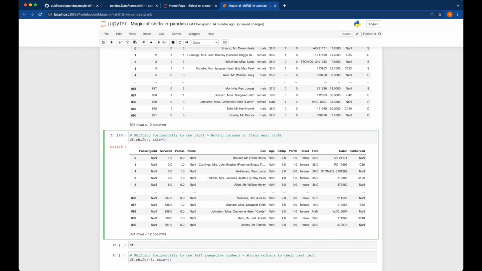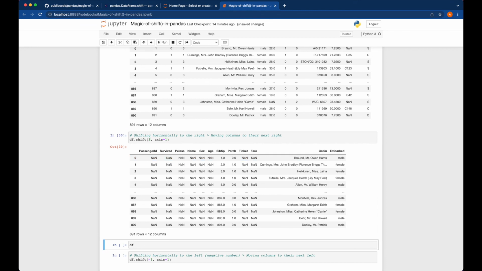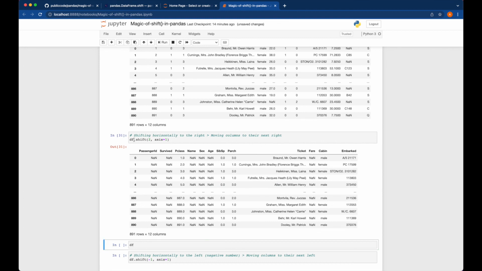If I had used shift 5, as you can see in this scenario, that shift 5 really caused the shift, and because of the value types, they have all been overwritten in a way. If you try shift 3, you can still see some of the values here. If you do shift 2, as you can see here, your data frame is shifting in a way,